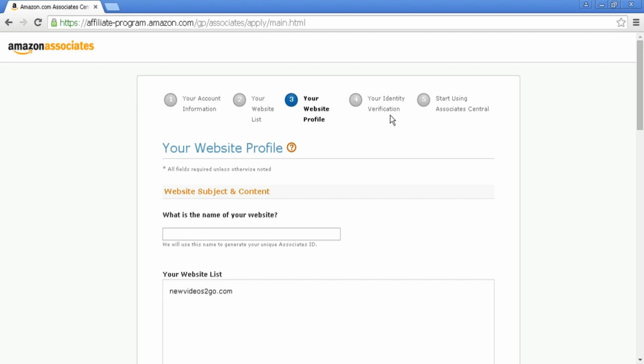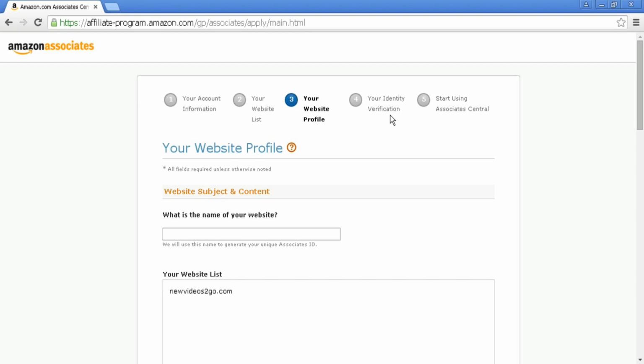And this usually means taking a scan of some type of official document, or your driver's license or your passport, or some other type of official document that has your name and your address on it. Sometimes it's going to vary depending on which country you live in. It is going to determine what type of information they're going to want to verify your identity. For example, in the UK, you have to provide some sort of official correspondence from the Inland Revenue, which is